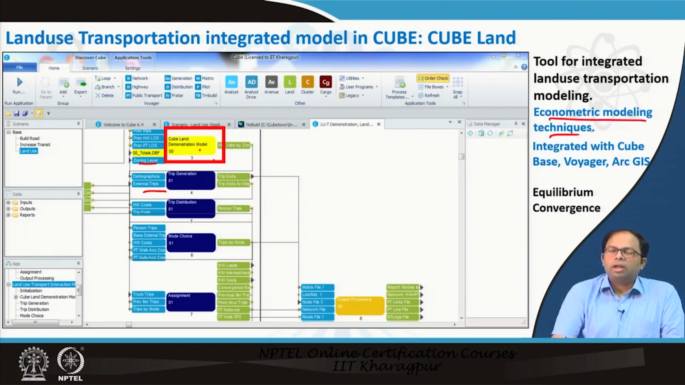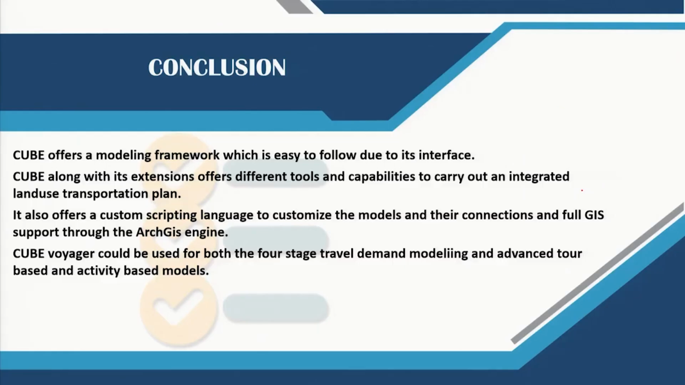Different econometric modeling techniques are applied in Cube Land, and this is integrated with Cube Base, Voyager, ArcGIS, and other components, and we go for equilibrium convergence over here. As we have talked about equilibrium and disequilibrium when we are developing these real estate models, equilibrium is considered. So to conclude, Cube offers a modeling framework which is easy to follow due to its interface,